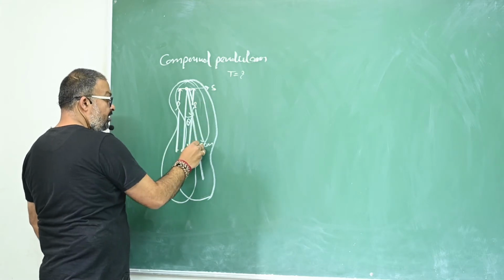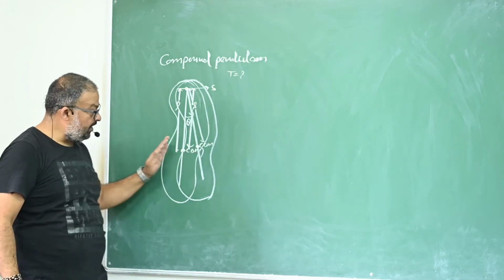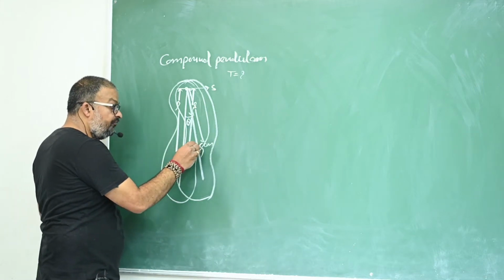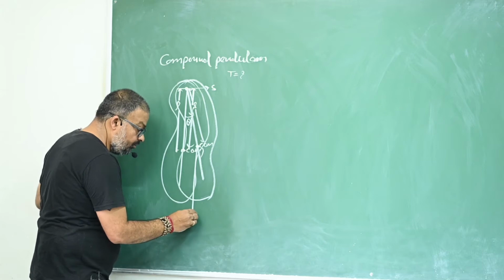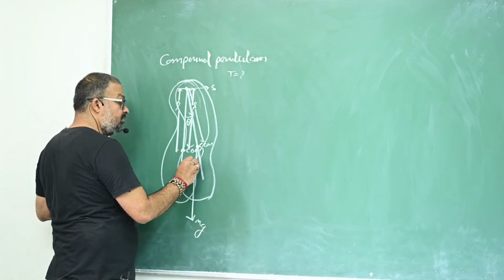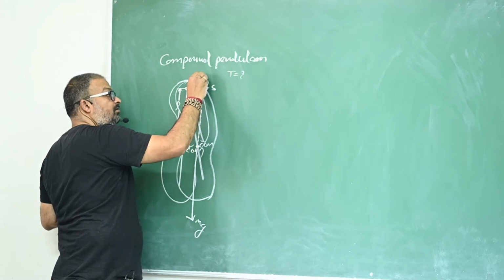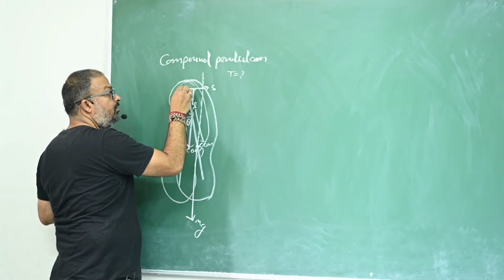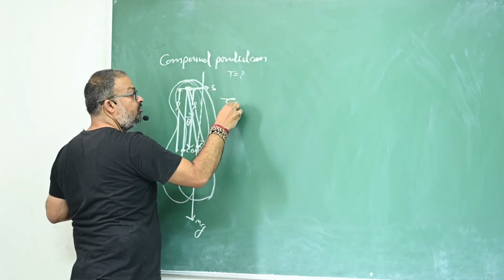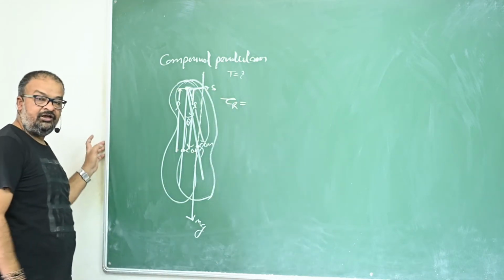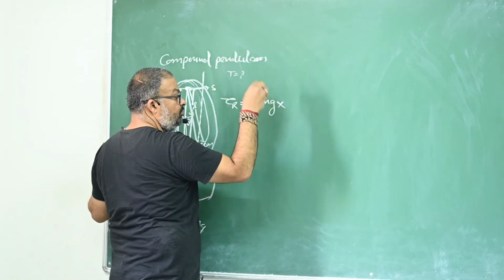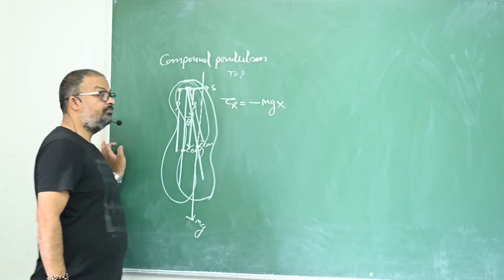Is that okay? Now, when it is slightly displaced by some angular displacement, its weight will act vertically downwards. Let's say that weight is mg, and this is its line of action. So we have to find out the perpendicular distance of line of action of force from the axis of rotation to find out the restoring torque. And the restoring torque will be written as force, that is weight mg, into this perpendicular distance, right?